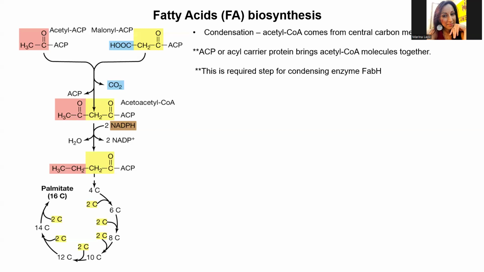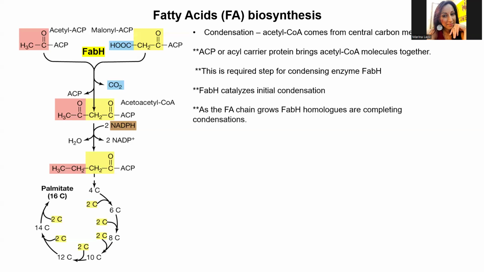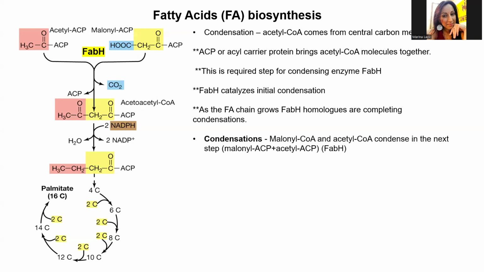As the chain is growing, there will be some analogs of FabH that will take over condensations, but the initial one is FabH, and that's the one that you have to know. So condensation is the interaction between malonyl coenzyme A and acetyl coenzyme A, and this is done by the enzyme FabH, the first one. This reaction will release one carbon dioxide,